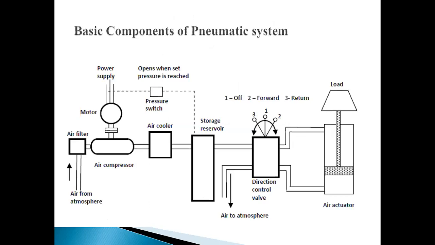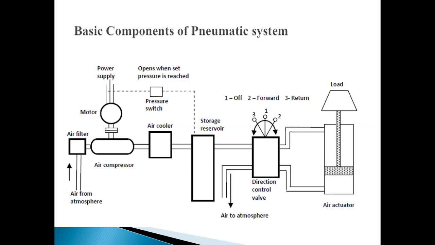Friends, now we discuss the pneumatic system. I told you pneumatic comes from the Greek word pneuma. Pneuma means air. So whenever we are using a pneumatic system, we are using compressed air. A pneumatic system carries power by using compressed air, or sometimes compressed gas, for transmitting the energy from the energy generating source to the energy using point. In this diagram, you can see a pneumatic system.